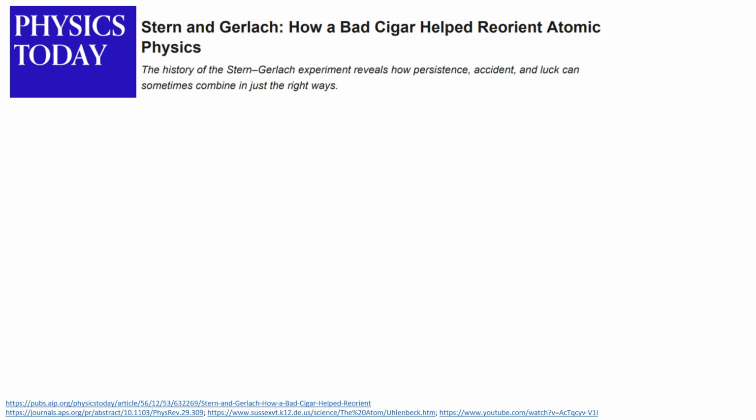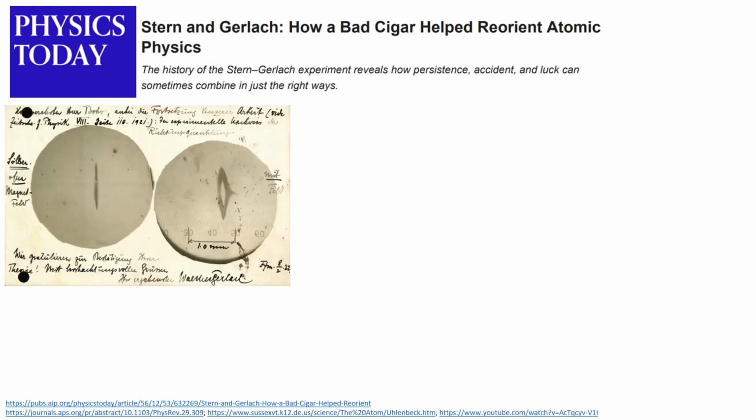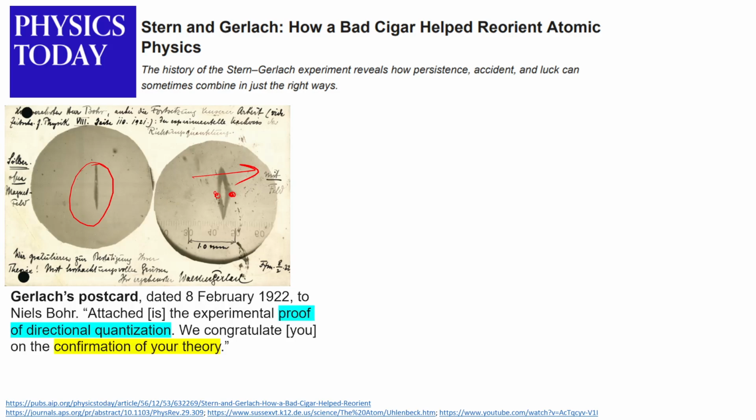So here is a beautiful article in Physics Today, and it talks about the history of the Stern-Gerlach experiment. And this is the photograph which Stern sent to Bohr. This is the photograph without the magnetic field, and this is with the magnetic field, and you see these two distinct regions where these atoms are getting deposited. So the magnetic field is along this direction, and Stern congratulated Bohr, saying that it's a confirmation of their theory,